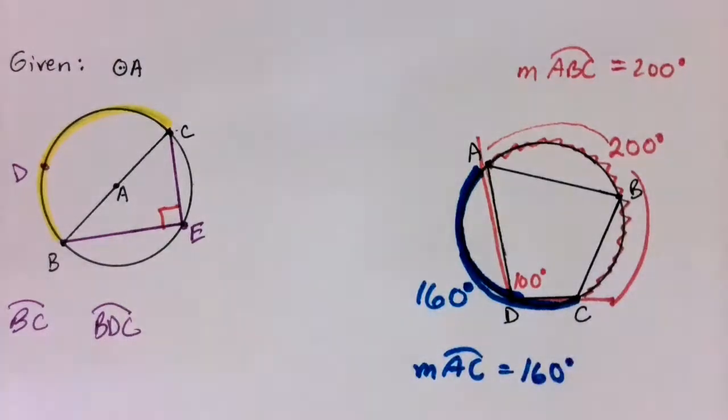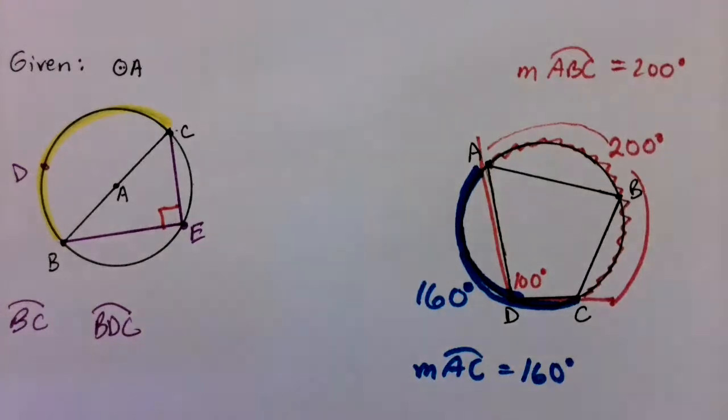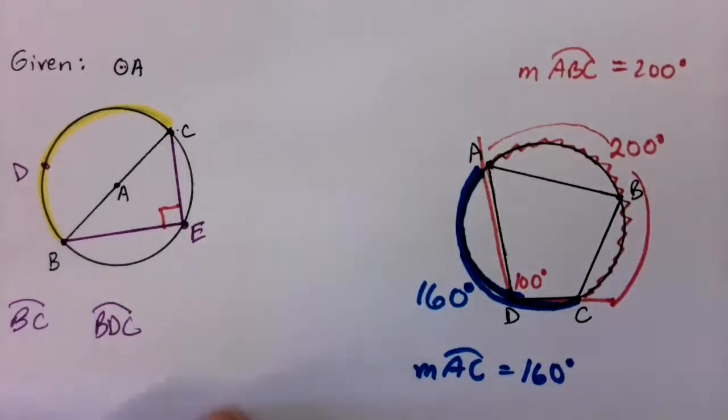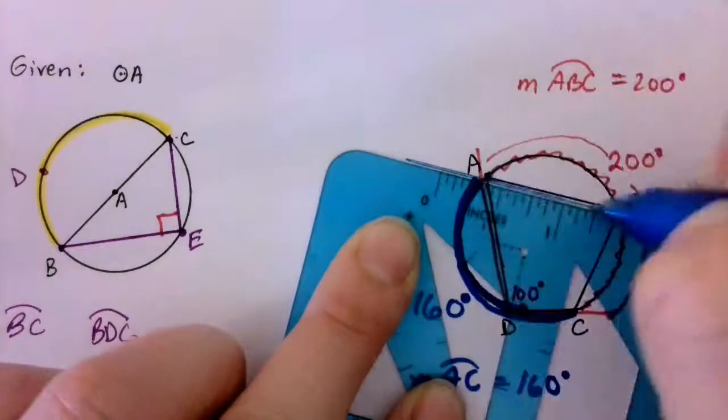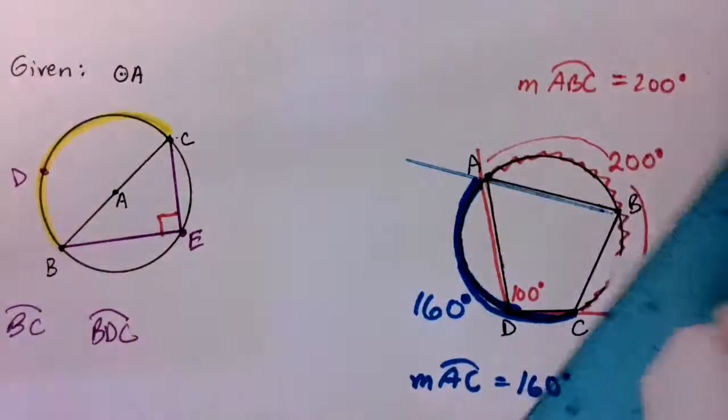Is 160 degrees. Why do I care about that? Well, maybe I don't care, but maybe I do care because it looks like angle B is an inscribed angle that has arc AC as its intercepted arc. So if I actually trace this angle right here,